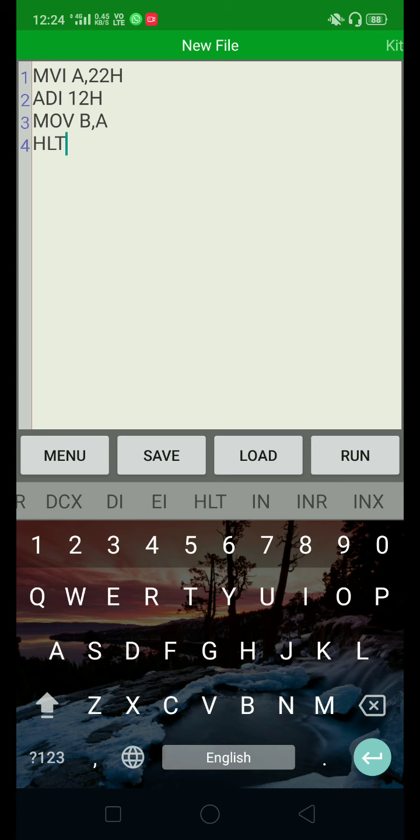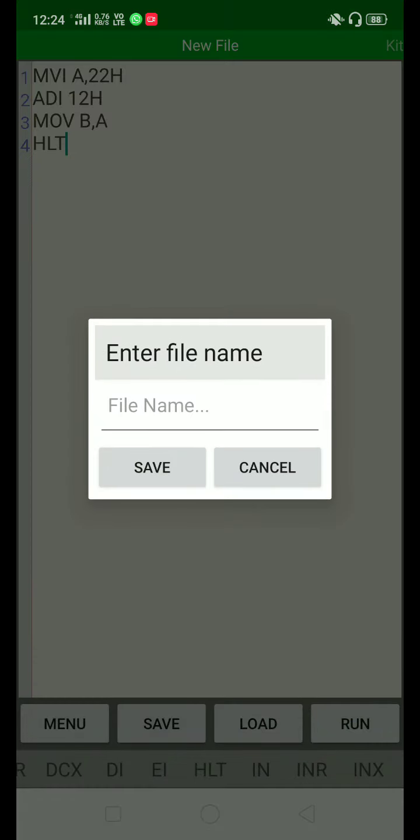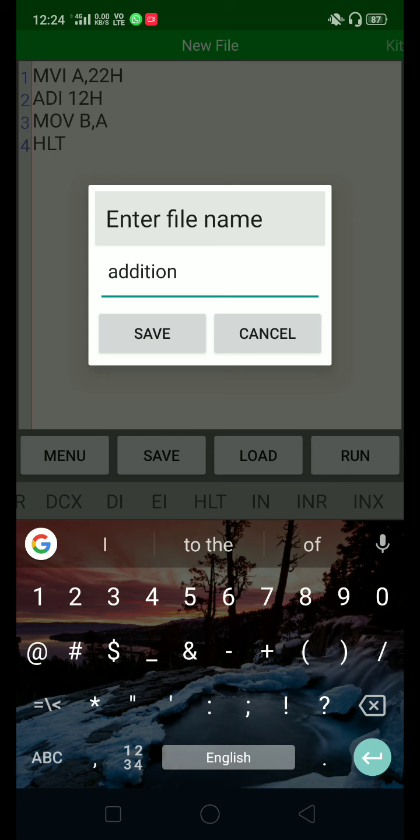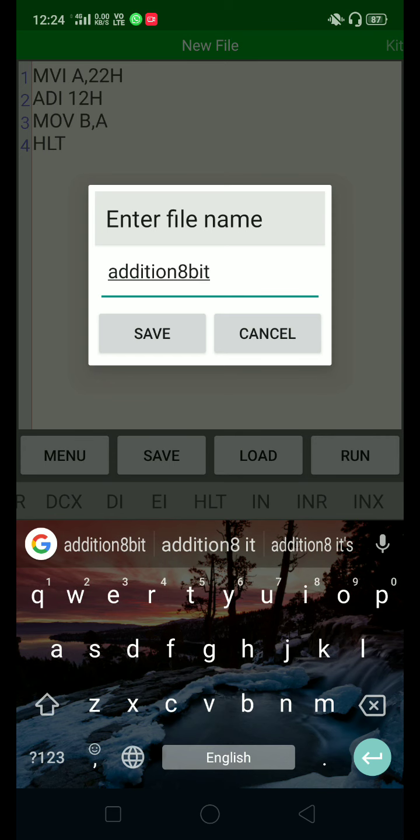Okay, now you have to save this program with a specific name. So save, enter the file name, suppose addition 8-bit.